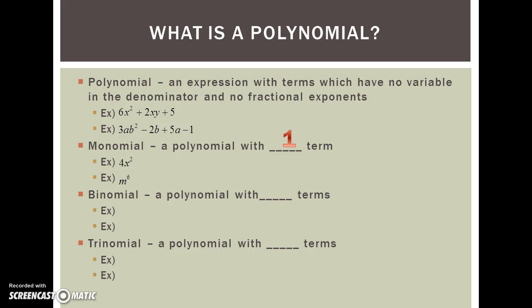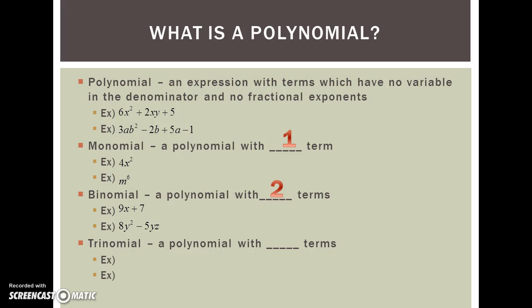Now here are two examples, 4x squared and m to the 6th. Those are all monomials. One term. It can have multiple pieces to it, but it's only going to have one term. There will be no addition or subtraction sign to separate them. A binomial is a polynomial with two terms. So some examples that we have are 9x plus 7, 8y squared minus 5yz,